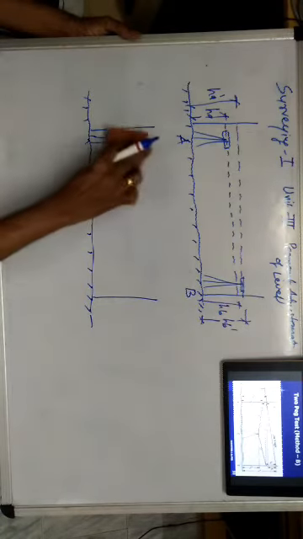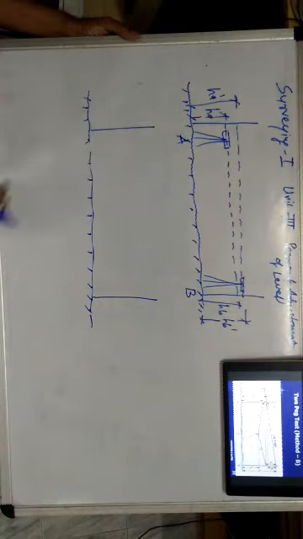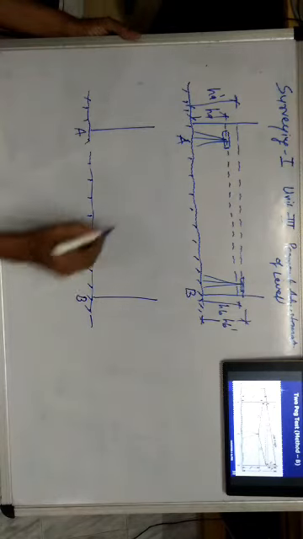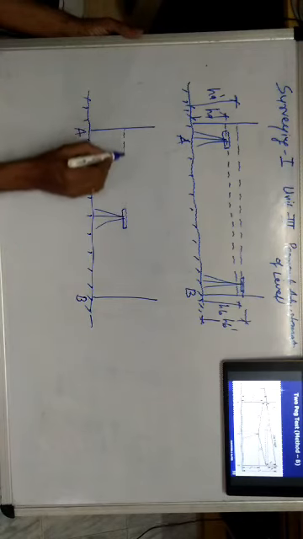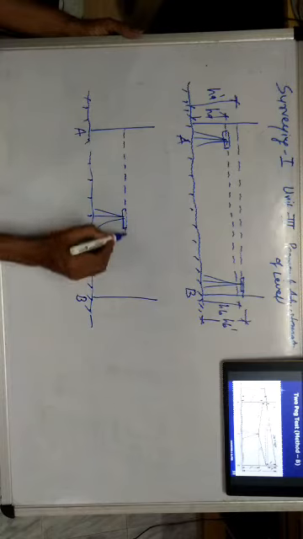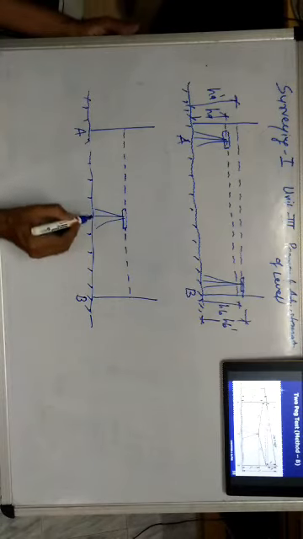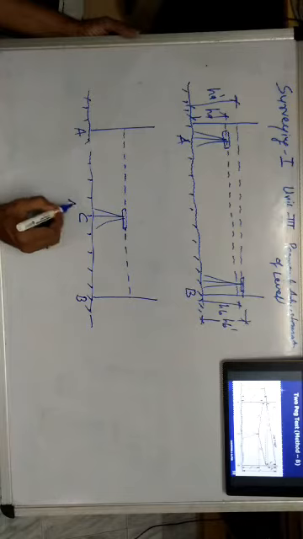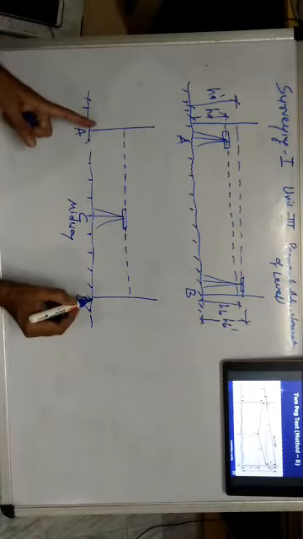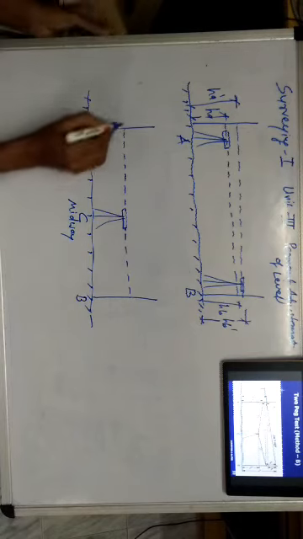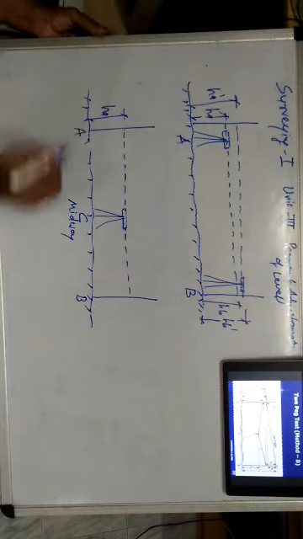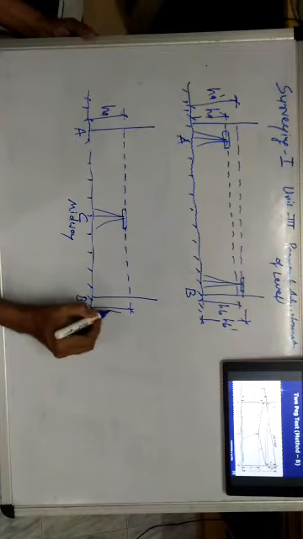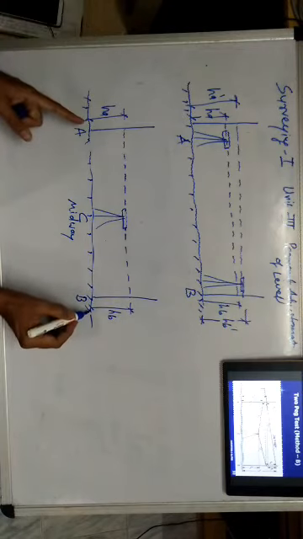Instead, in this second method, this is station A and this is station B, and in between we place the auto level. This is our line of sight towards A, and this is the line of sight towards B, and the instrument is placed at C, which is midway, exactly the center of the two stations A and B. In this case we take the staff reading at A, which will be HA, and here the reading HB. So at both stations the reading is taken.